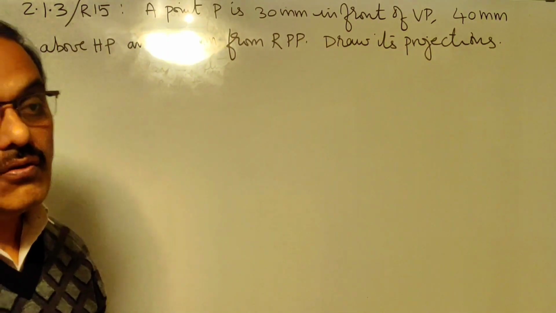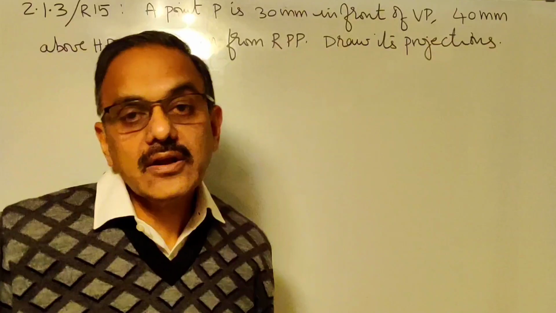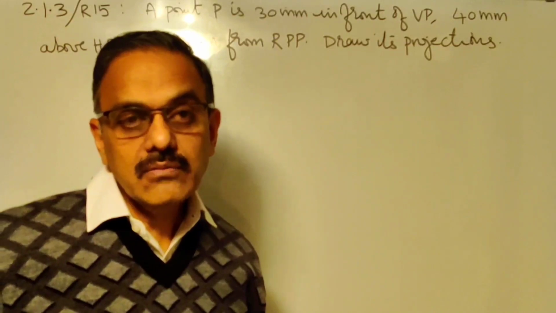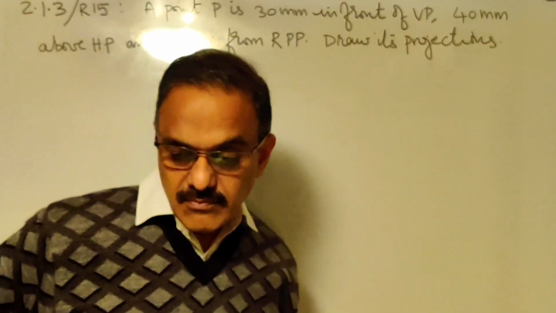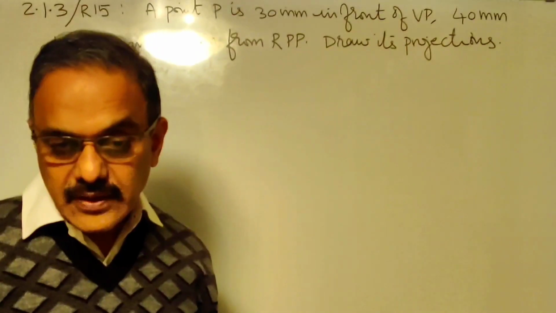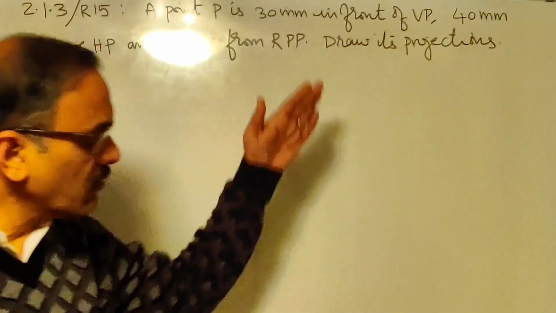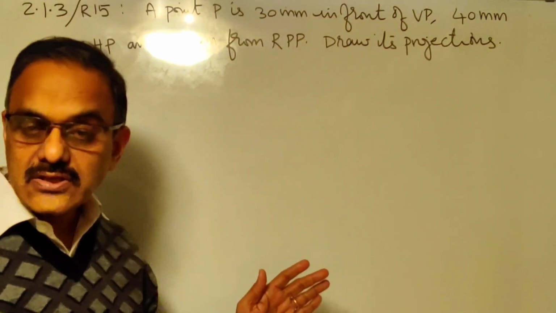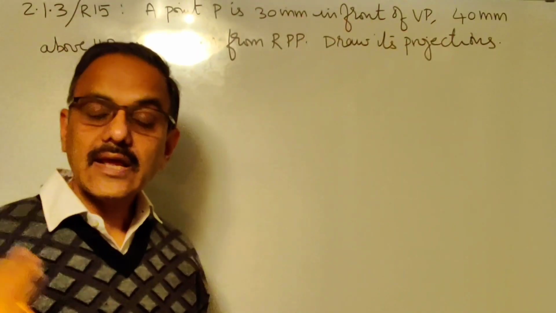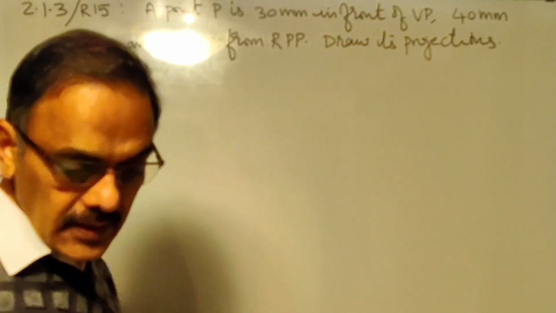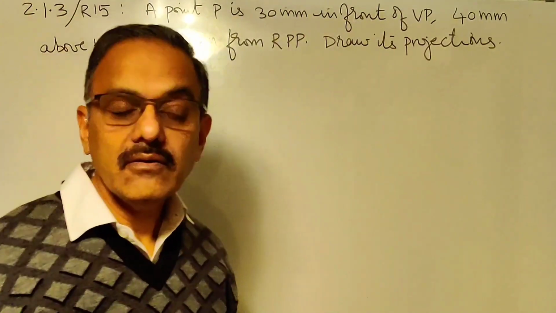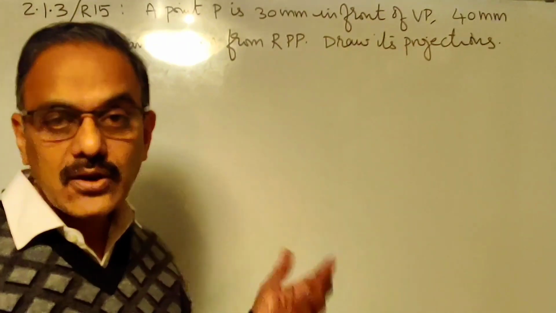So far we have not discussed about the position of a point with reference to profile plane. But in my first video, when I started with orthographic projection, we have discussed what is right profile plane and what is left profile plane. Okay. So in a room, if you take the front wall as vertical plane, the ground as horizontal plane, and the right wall can be taken as right profile plane, the left wall can be taken as left profile plane. Now how to draw the projections of a point with reference to the profile plane is what we are going to see now.